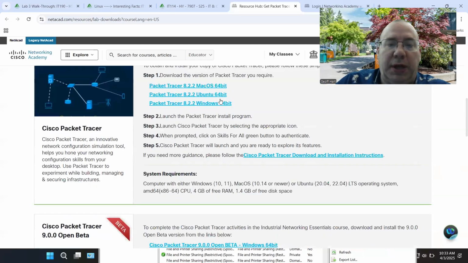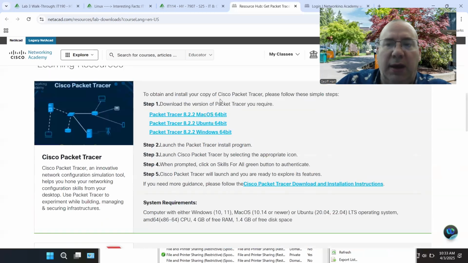And you're going to scroll down about a third of the way, halfway to a third of the way. And you have three different versions here: Mac OS, Ubuntu Linux, and Windows 64-bit. Download the appropriate version and then go ahead and install it.